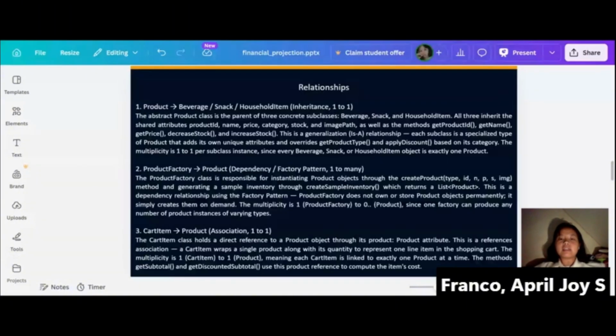Each subclass then adds its own unique attributes. For example, Beverage adds isCold and volume ml. Snack adds weightGrams and isVegan, and HouseholdItem adds brand and usage. All three also override the getProductType